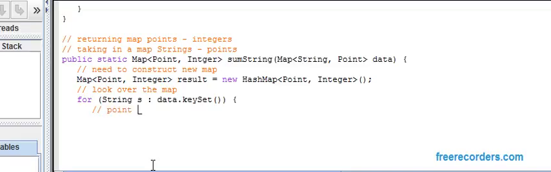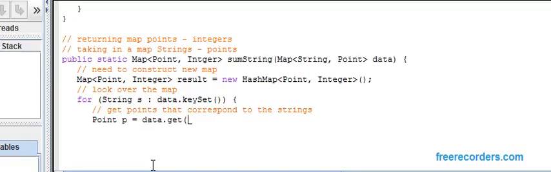We need to basically get the points that correspond to the strings. So the way we're going to do that is we're going to say, okay, our point P is going to be equivalent to data.get at S,